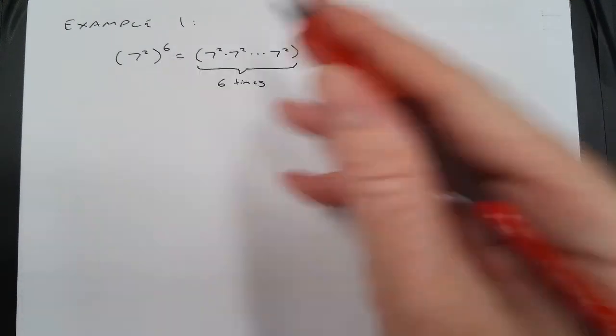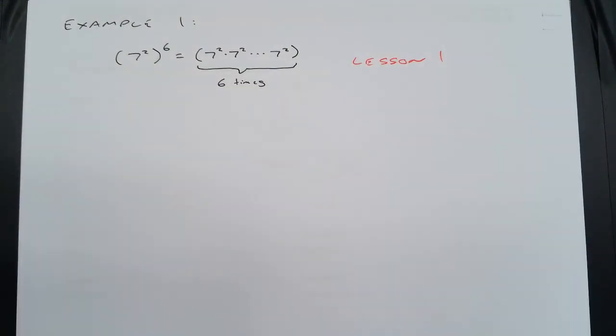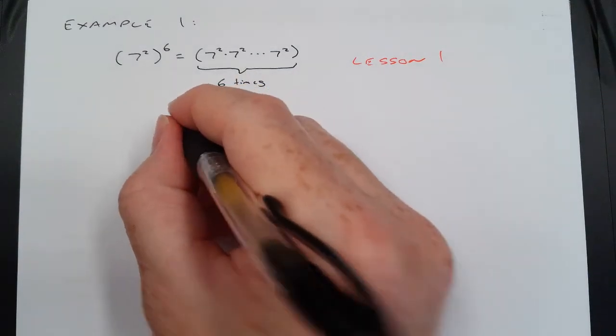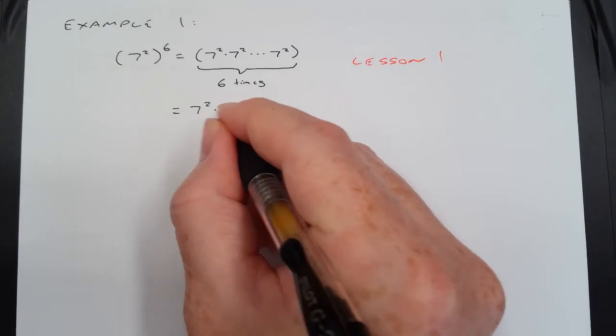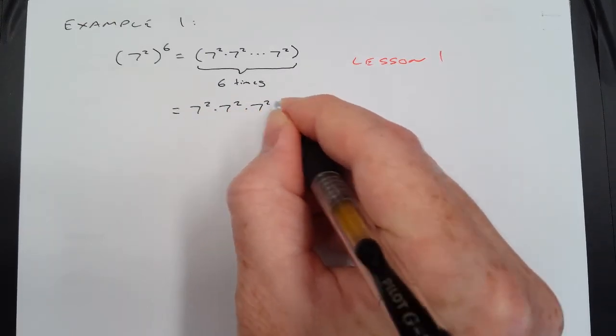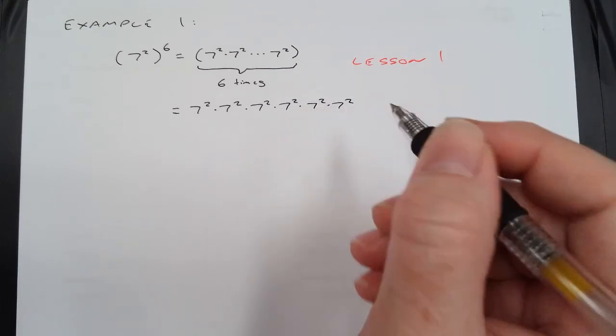That is exponential notation, which we learned in lesson 1. Now, what this is, it's 6 7 squareds. So it's 7 squared times 7 squared times 7 squared times 7 squared times 7 squared times 7 squared. 6 of them,